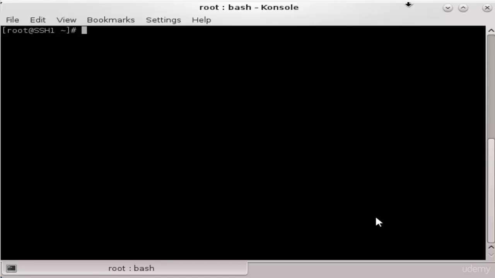In this lesson, we will learn how to upload files to the remote host using SFTP. So let's connect first to the remote host. Type the following command: